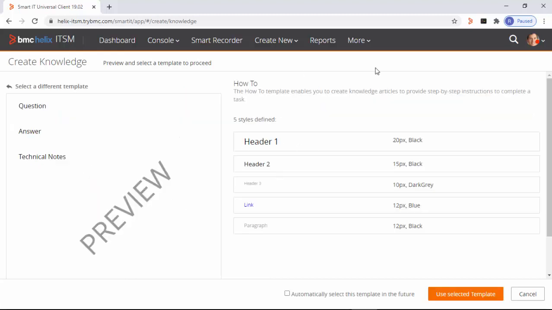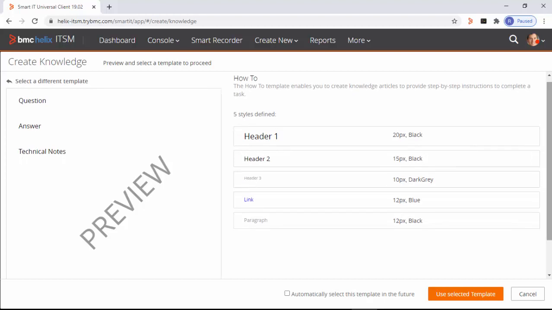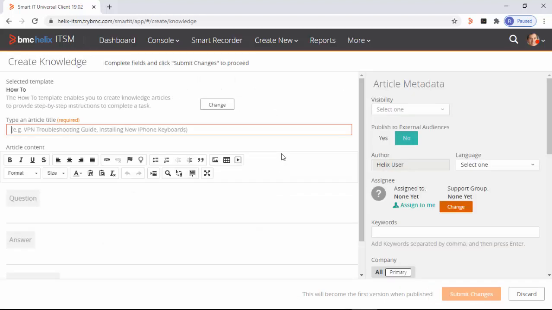I select it. I see the formatting. The formatting is provided for me to pre-look into how the article would look. This ensures consistency from one article to another. And I'm then asked to put in a title of the article. The minute I do that,